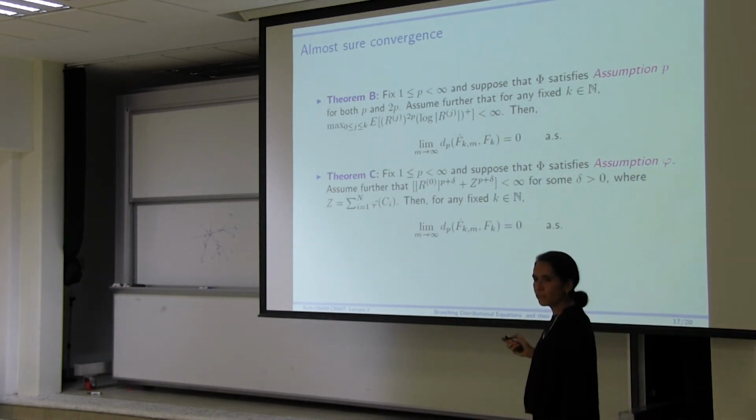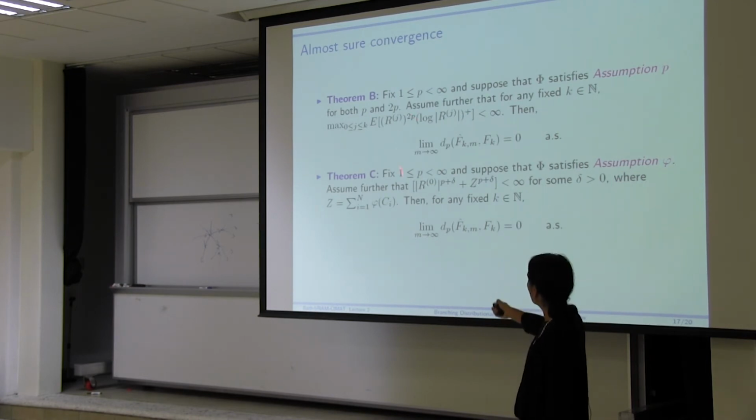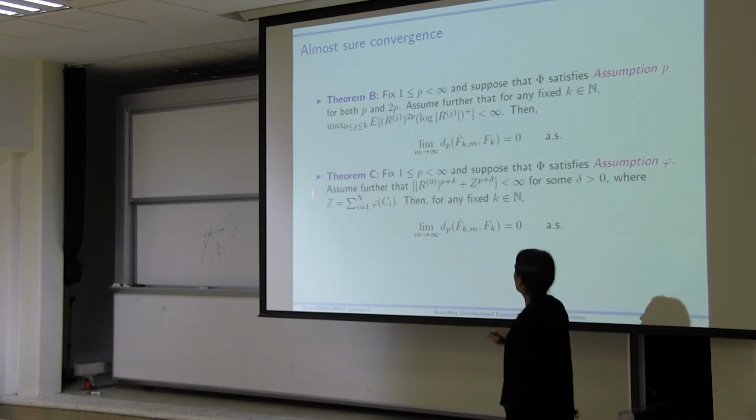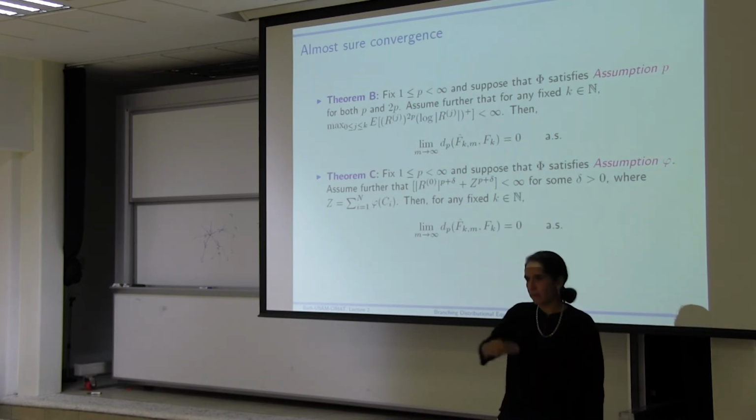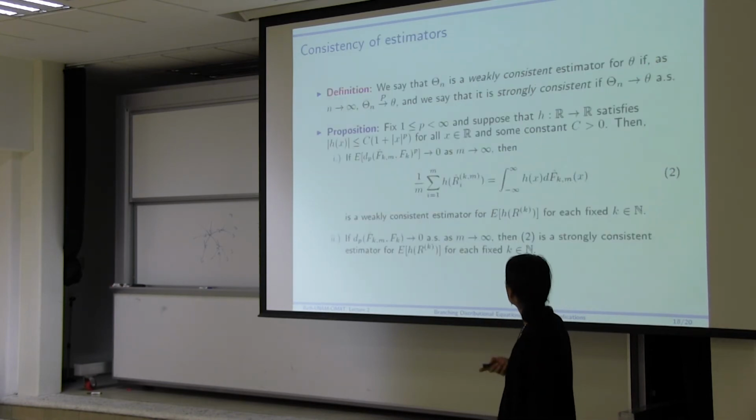But when you see this kind of moments, you know that there's something wrong. You should not need much more than what you actually have to get those strong laws. So the best we were able to get without going too crazy is p plus delta moments, which is very close to the optimal. And in that case, what we use is the sample path Lipschitz conditions. And again, you have almost sure convergence of this.